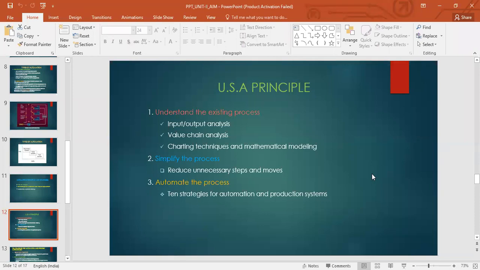It may be in terms of the route, that we need not take it to so and so route. We can have a different route so that we can save production time. Or deleting the step altogether. For example, there was a step that we were performing, like drilling and boring on different machines.